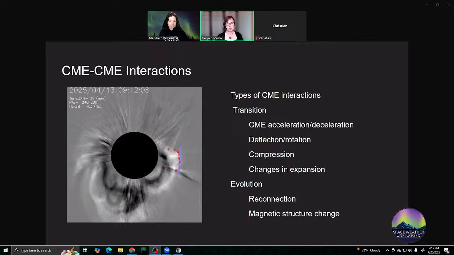So reconnection is really that single case of CME cannibalism, where CMEs of opposite polarities start to interact and sort of erode each other. There is evidence that it's happening, but it probably doesn't happen that often, because you really need a perfect case for it, where CMEs are launched one after another and are really of opposite polarity. And you do see magnetic structure changes, obviously, and there was actually a prime example of that happening too,